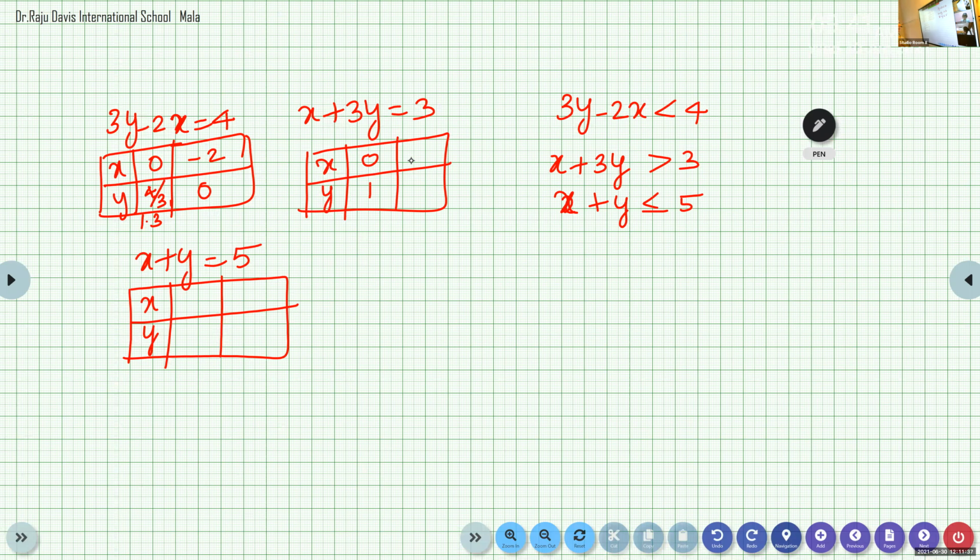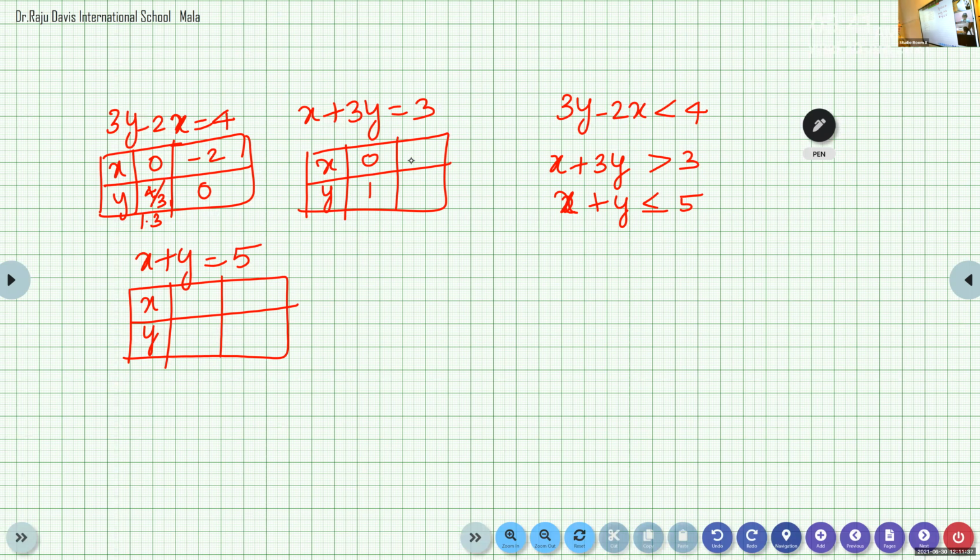Ma'am, above the line. When I put x is 0, y is 0, what is the condition you will get? 0 minus 0, 0 is less than 4. Is it satisfied or not? Yes, ma'am. 0 is less than 4. It's true, isn't it? Therefore, where is the point 0, 0 lying? Whether it lies below the line? Yes, ma'am. Okay, so which is the region to be shaded? Below this line. Okay, I am drawing a single line for my understanding.